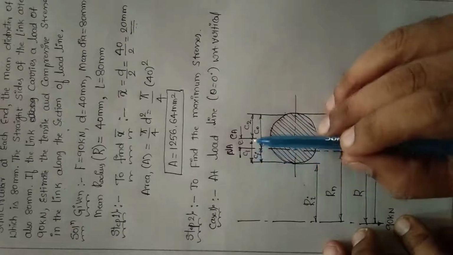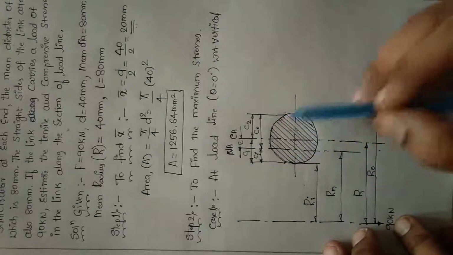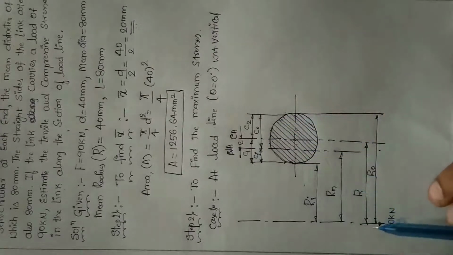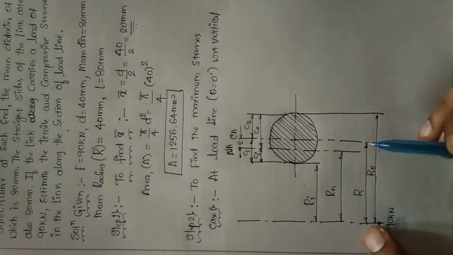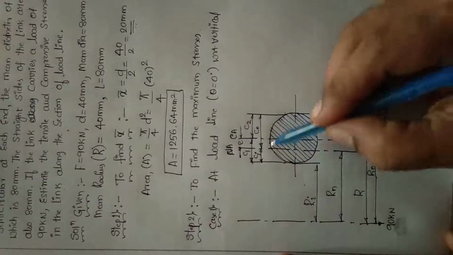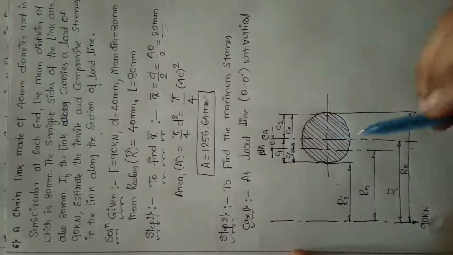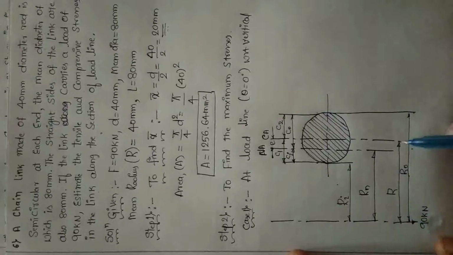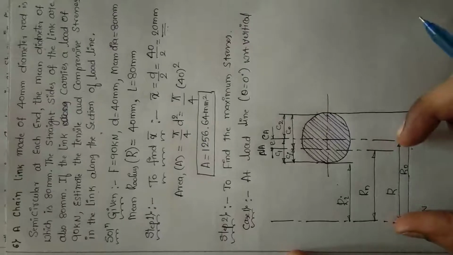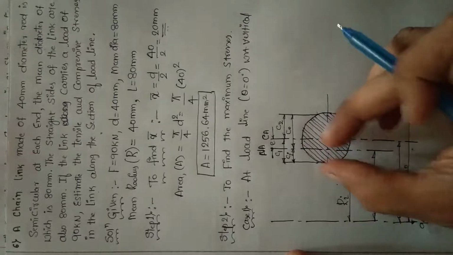I can easily find C1 and C2, which are the radii of this diameter. The mean diameter he has given is 80 mm, so I know R, the radius of curvature or mean radius, is 40 mm. The diameter d of this section given in the data is 40 mm, sorry, so d is 40. So with total diameter 40, half of it is 20.